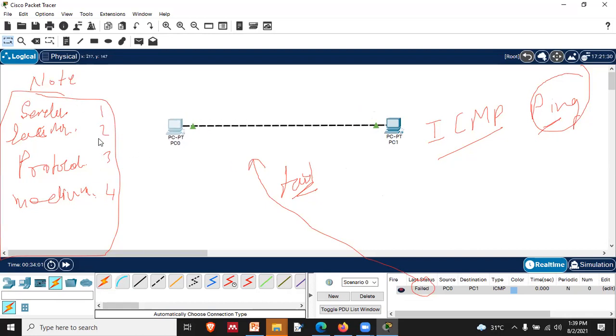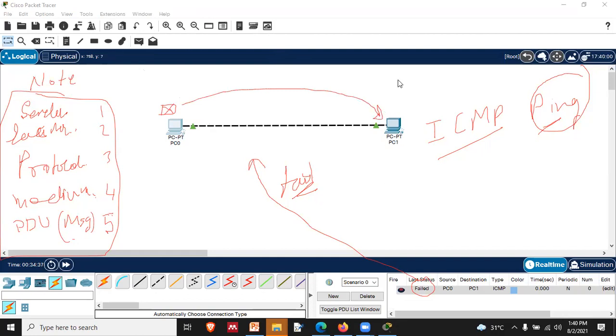Now out of all those 5, 4 have been discussed, and the last important thing needed for a network is a message. So I'm just writing it over here. That is PDU, protocol data unit. That is your message that we are going to communicate, right? We need a message through which we communicate from one sender to another receiver.